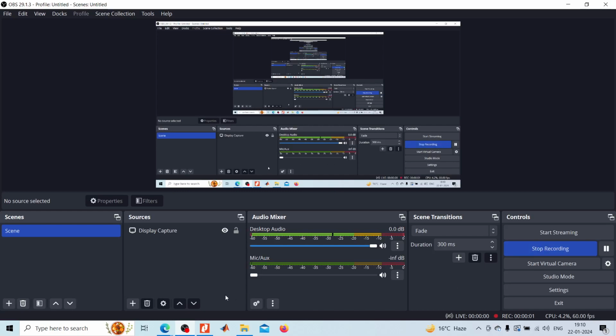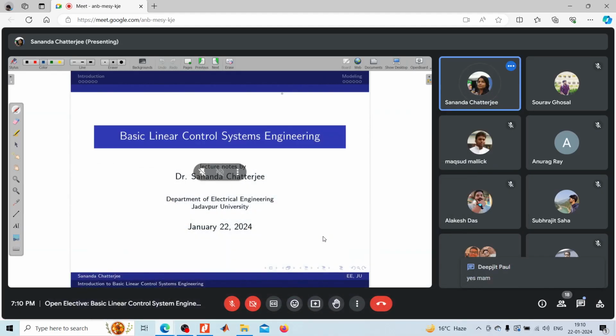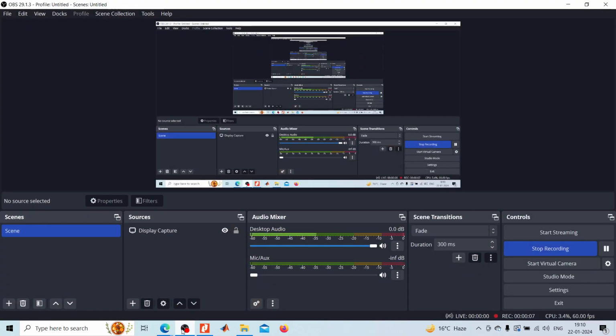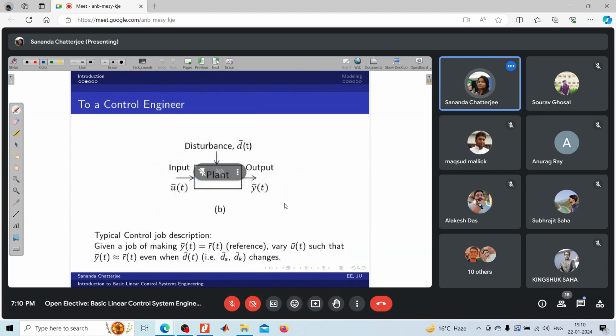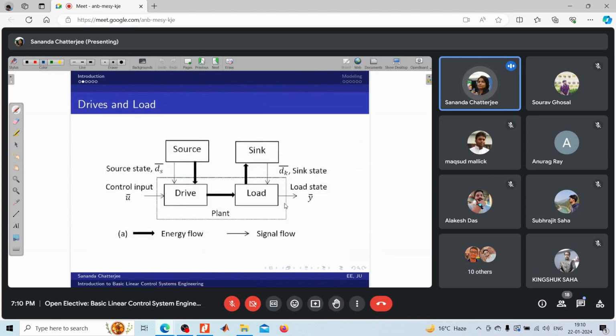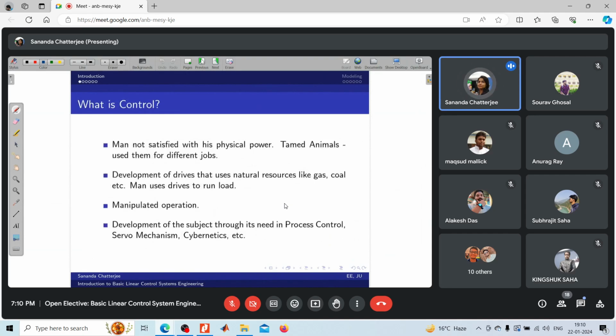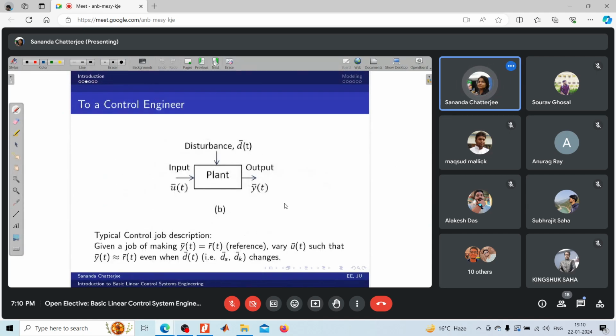The basics of this course. Now, we have started with drives and load. What was the need for control, and then we moved to the basic model of the plant, where we discussed that